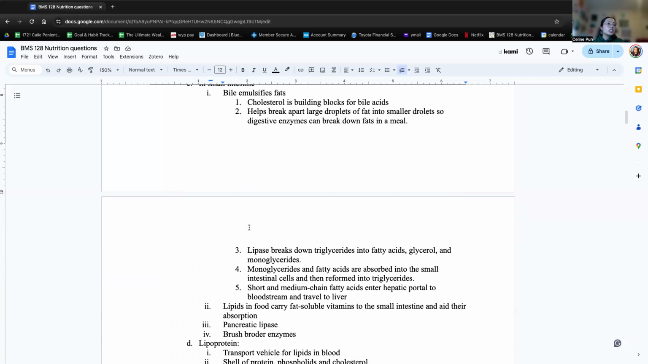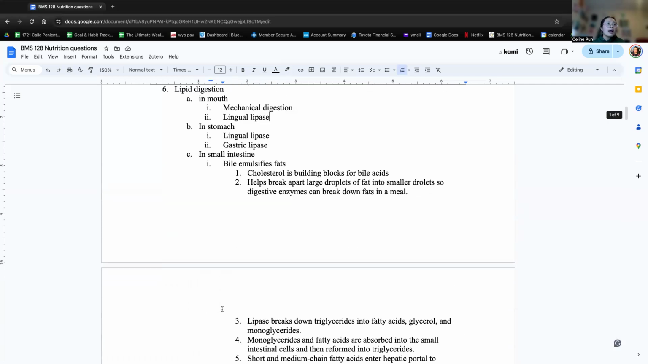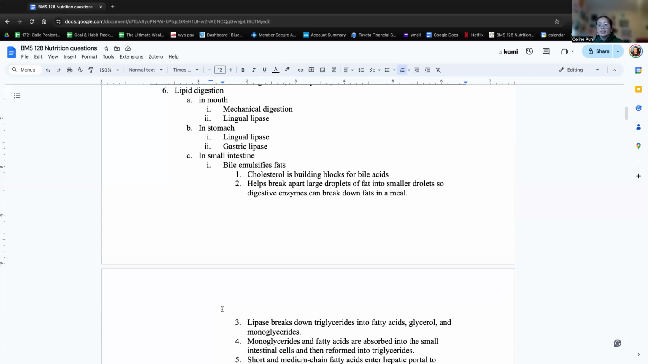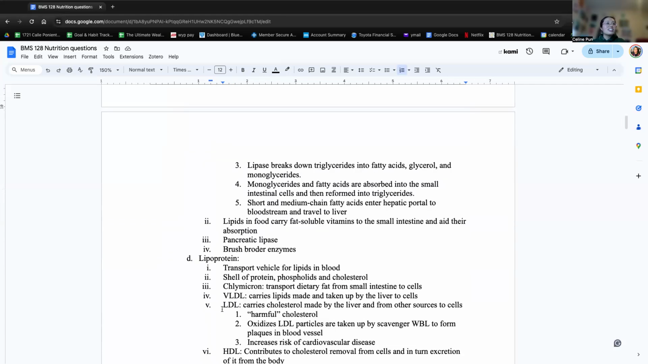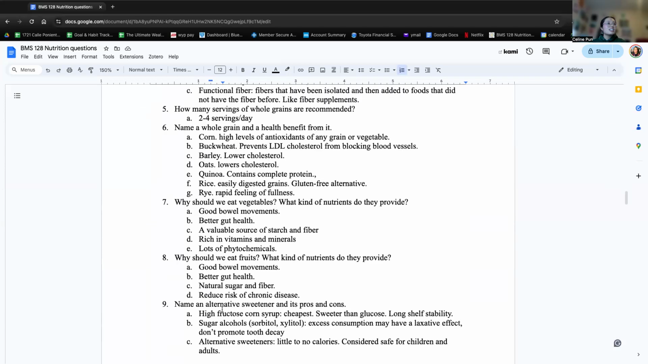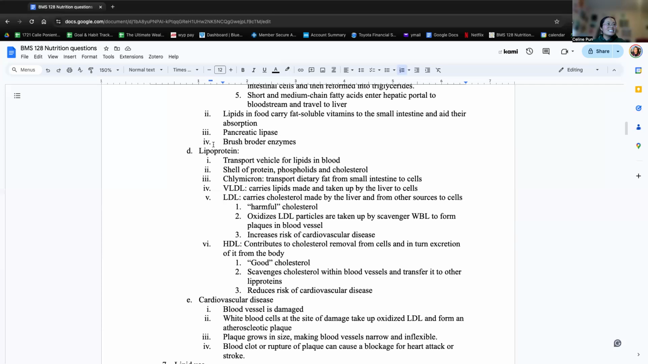Bile, which is created in, oh, I forgot. Do you remember where bile was created? Which organ? I think it's in the pancreas. Let me double check. Oh no, it's the liver. Okay, it's the liver. I think we talked about it last week. Oh, we didn't finish it. But the liver creates